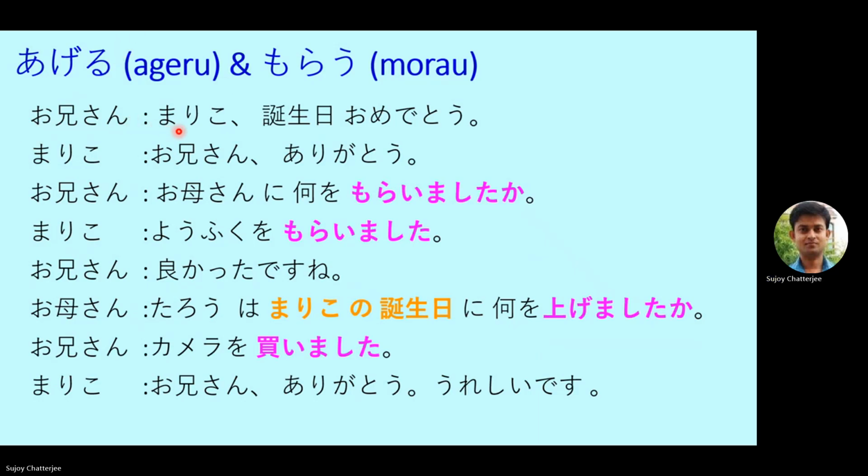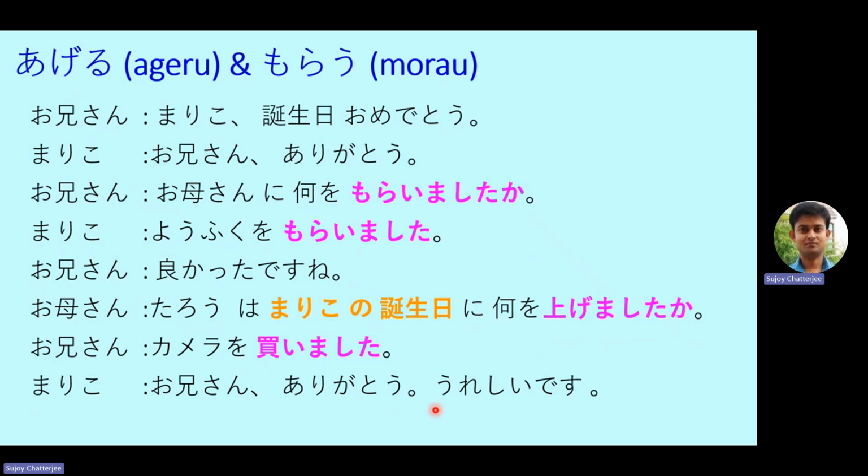Oni-san, Mariko, Tanjobi omedetou. Mariko, Oni-san, arigatou. Oni-san, Oka-san ni nani o moraimashita ka? Mariko, yo fuku o moraimashita. Oni-san, よかったですね。お母さん、太郎はマリコの誕生日に何をあげましたか？お兄さん、カメラを買いました。マリコ、お兄さん、ありがとう。嬉しいです。So, could you